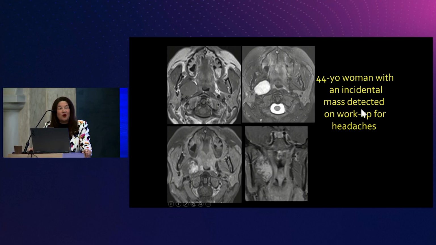Now, this is one of those rare, tricky cases, but this is why we often do a fine needle aspiration. I do them through the face before we take them out surgically for histologic confirmation. This is a neurologist that actually came to me from Johns Hopkins, and you'll see a circumscribed mass. It's in the prestyloid peripharyngeal space. It's T2 hyperintense, and the enhancement pattern's a little bit different than what we would see. I call this sort of the tree and bud appearance, very heterogeneous. She had been told that she had a benign mixed tumor and was coming to us for robotic consultation to have it taken out